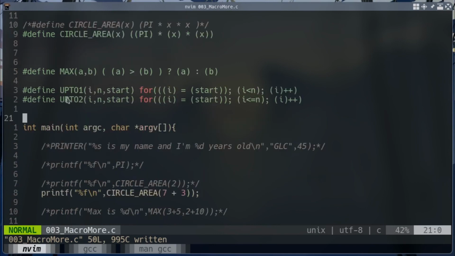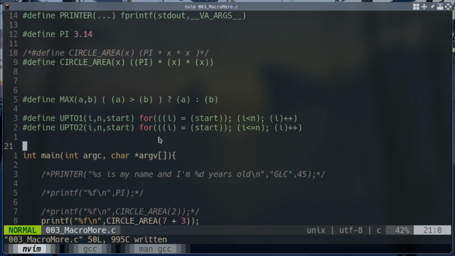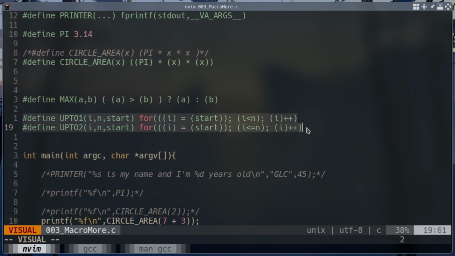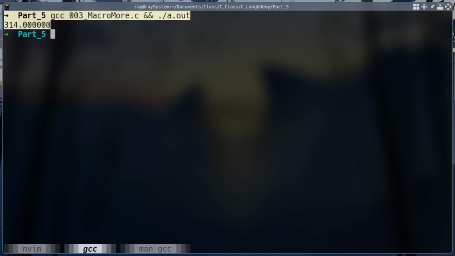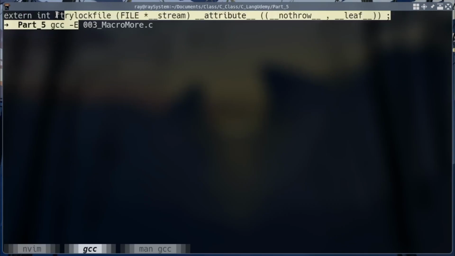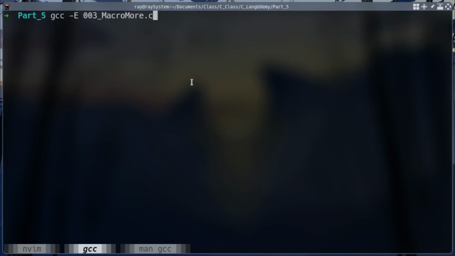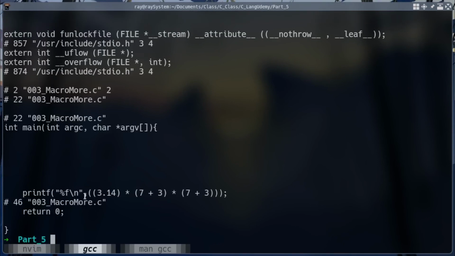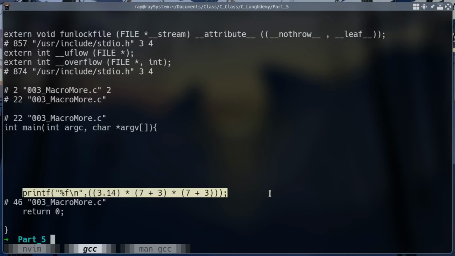There are some other macros you could try out. I will not be explaining them in this video, but they are useful. We can replace the for loop with our own macro as you can see here. So just take a look into that. This is self-explanatory. Whenever you find these macros difficult, you can use the minus uppercase E option with your GCC compiler. That will give you the preprocessed output on the standard output screen. So you can inspect your macros and find out the error.